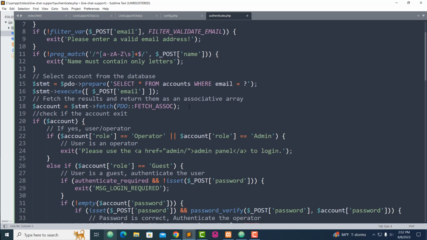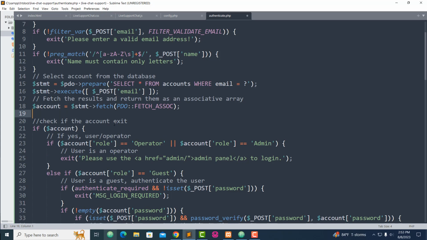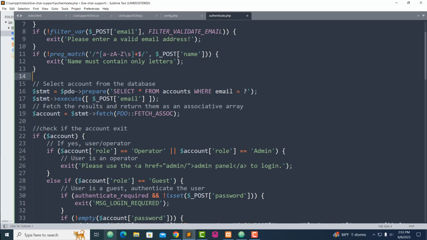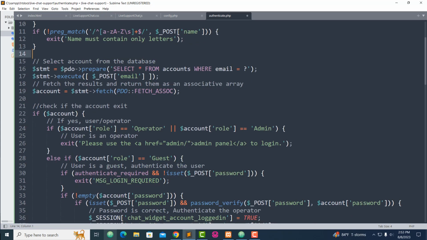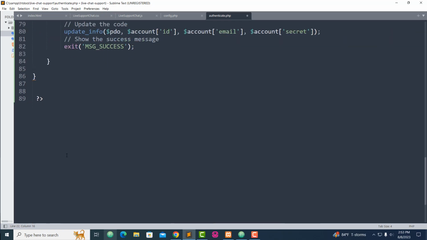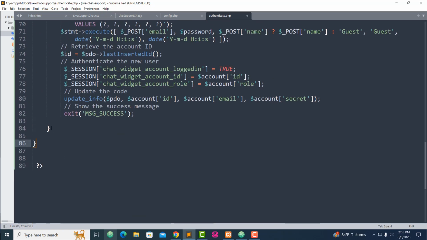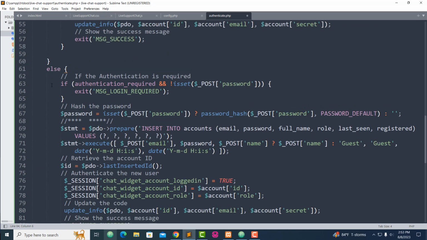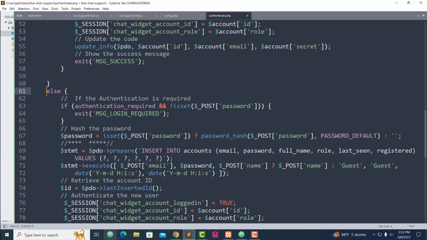Okay, let me bring this down like this. This is the if, check if the account exists, and then this is the closing, and this one is the last else statement, and then it goes in if